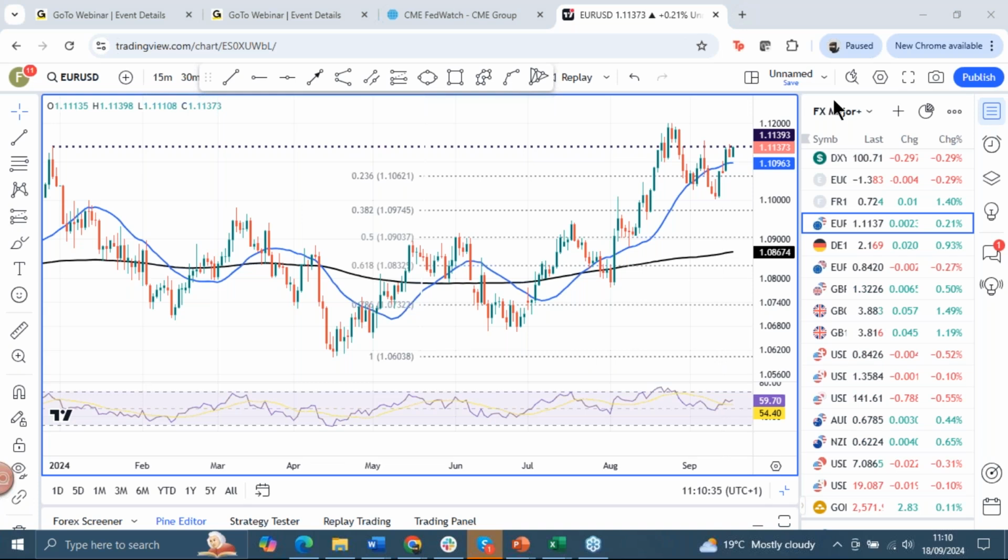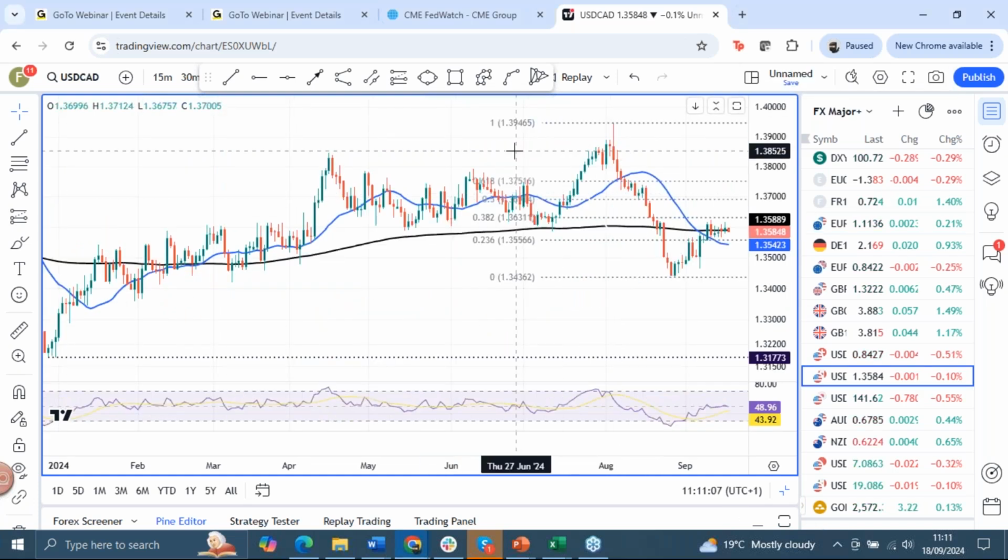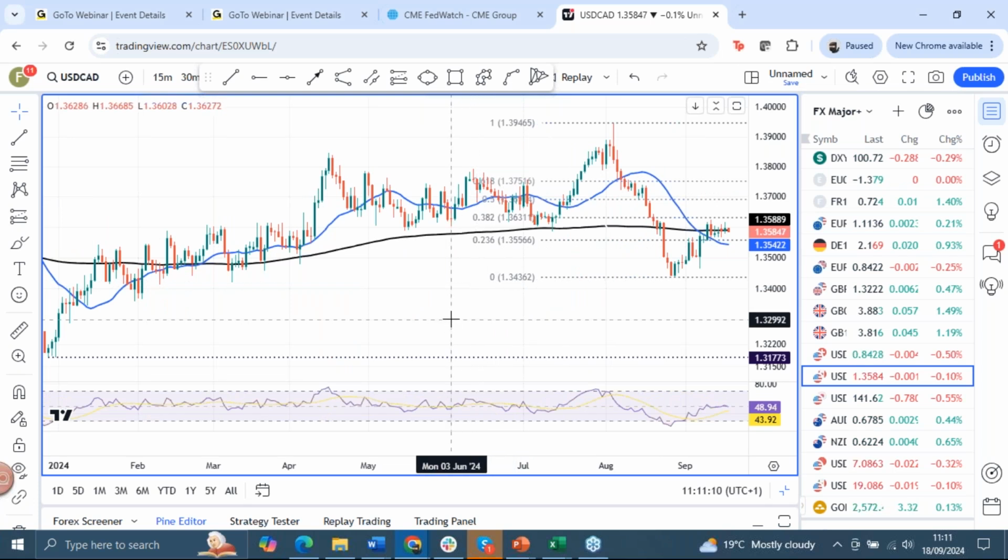Okay, that is the ECB meeting. We did have a couple of data points out of the UK last week as well, but I'll get to those when we look at the Bank of England meeting. As I mentioned as well, we had some Canadian CPI data actually out this week. We should mention, quite important, of course, for the Bank of Canada, and we'll just touch upon that shortly. And I'll just pull up actually a dollar CAD chart for you just to see how that is going, how CAD is working against the dollar at the moment.